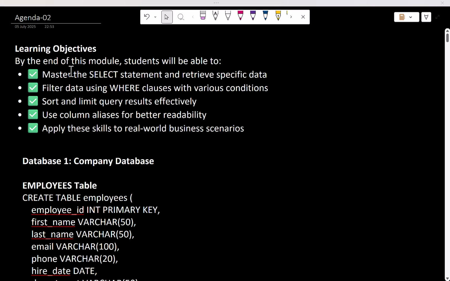Okay, we are going to learn about select statements, understand in depth about select. We will write queries in different modulations for select, and we'll understand how to write SQL statements for filter. We'll also sort and limit query results, and we'll also use common alias for better readability, and we'll apply skills like how to do this queries